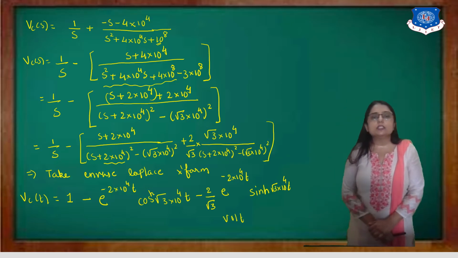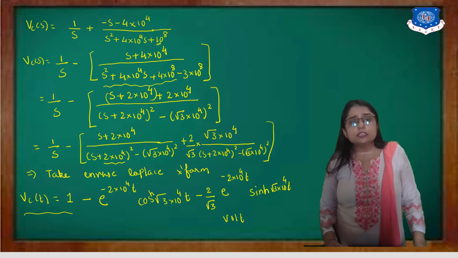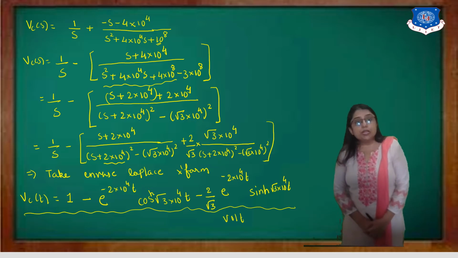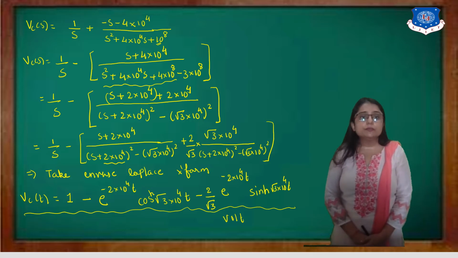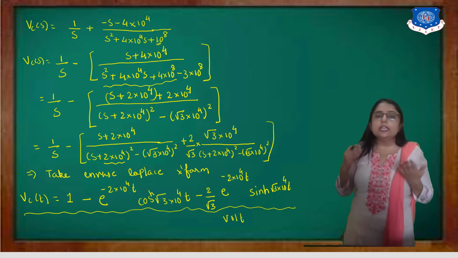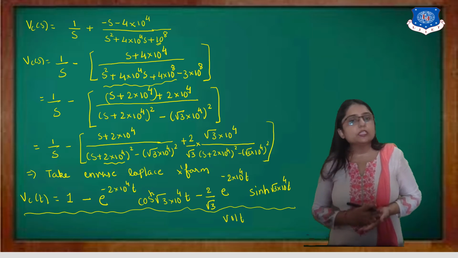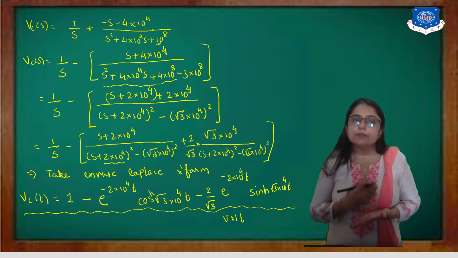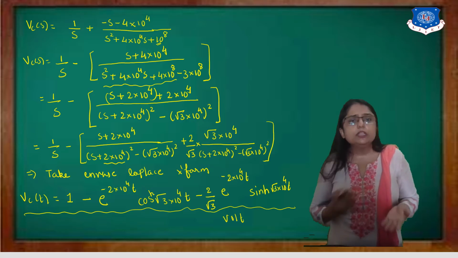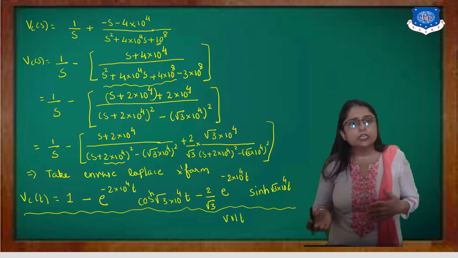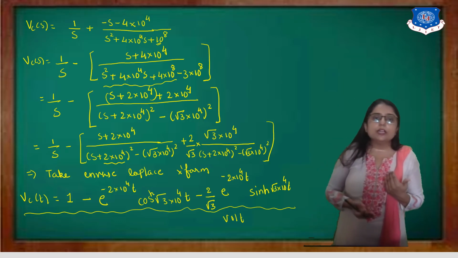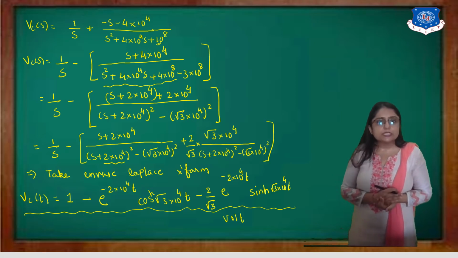And this is a voltage, so the unit is volt. So this is the voltage drop across the capacitor, found using the Laplace transform method. So whenever you want to solve any example using the Laplace transform, first you have to convert that particular diagram into the Laplace domain, and then you write down the equation of voltage and current based on the question. Here my requirement is to find out the voltage drop across the capacitor.